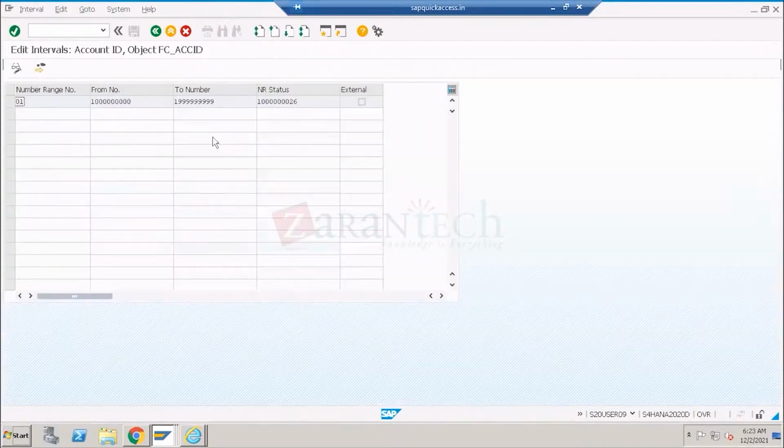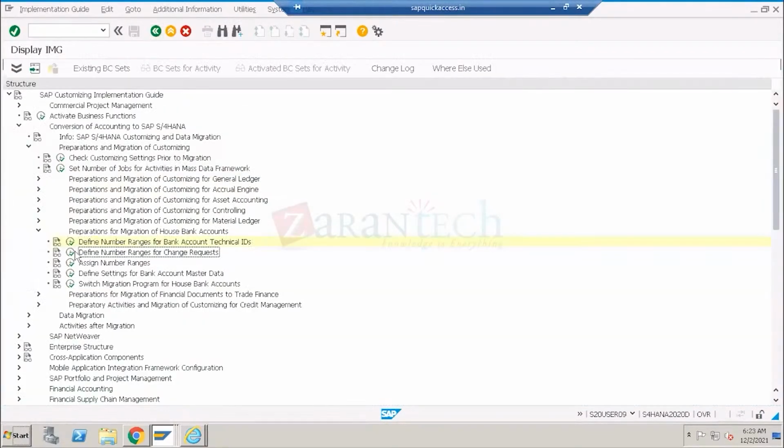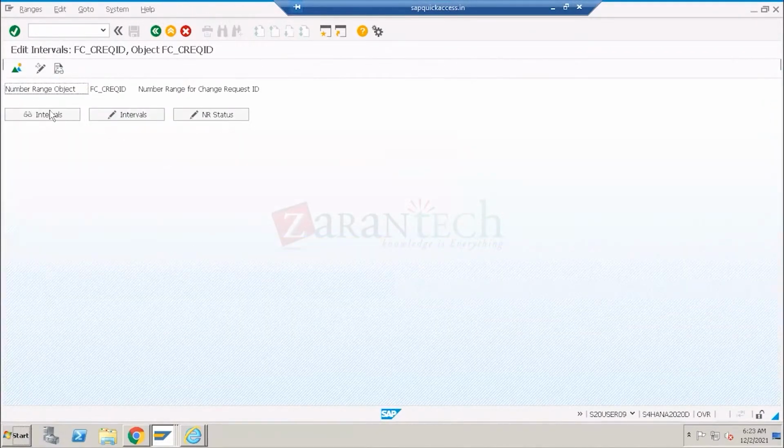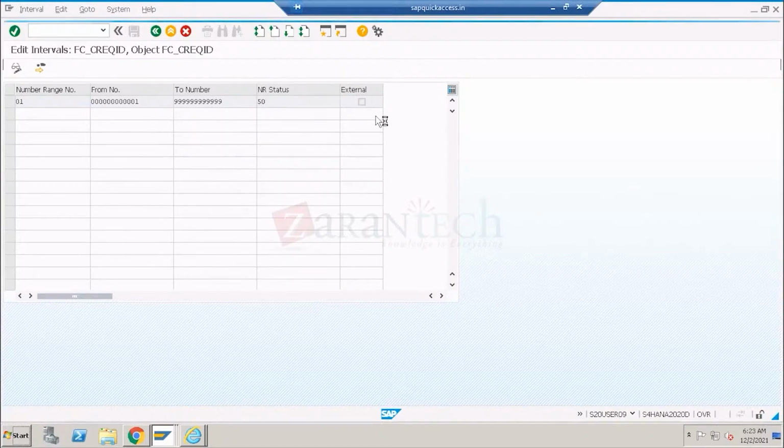As I told you, here you can see I've given the number ranges. So totally 126 house banks are being created from SAP ECC to SAP S4HANA. The technical ID should be created first of all. After that, for every bank, a change request should be developed, because for 50 house banks I'm going to be creating change requests. And once you create the number ranges, and all the house banks are available in your SAP S4HANA,